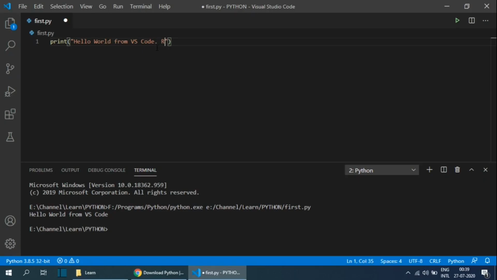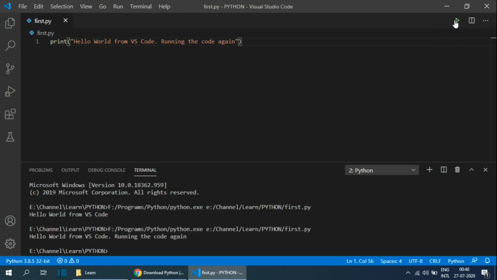Let's now try to modify the code a bit by adding few additional words to the print function and run it again by clicking the play button. As you can see, code is again run successfully.